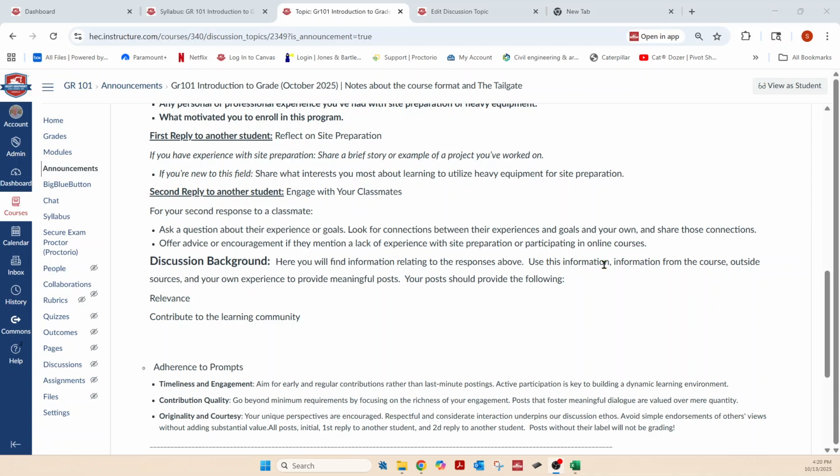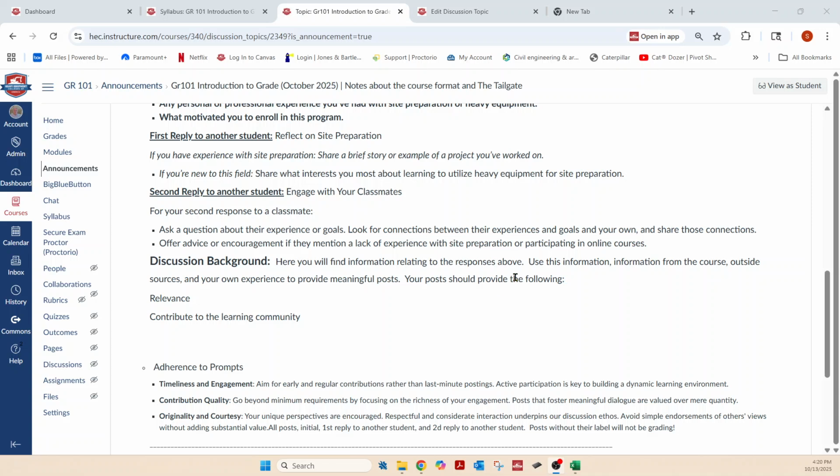You need to use this information in your background, also information that you have covered in the course and outside sources. If you have a book about site preparation, sure, use anything in there you would like to talk about in these responses. And of course, your own experience to provide meaningful posts.